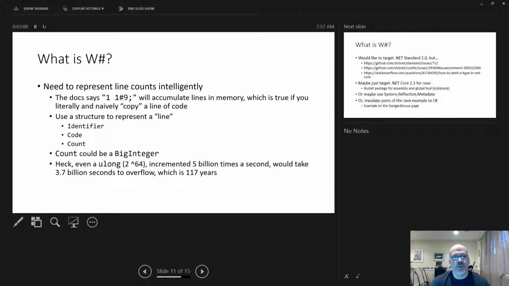Okay, so we need to also represent line counts intelligently. If you go look at the site, it will say if you do something like a program that just has one line of code, 1 #9, you're essentially adding 9 lines of code. So it'll say you'll accumulate too much memory. But if you're smart and you actually keep a line count with each line, rather than have physical line representations added or removed from your bag,